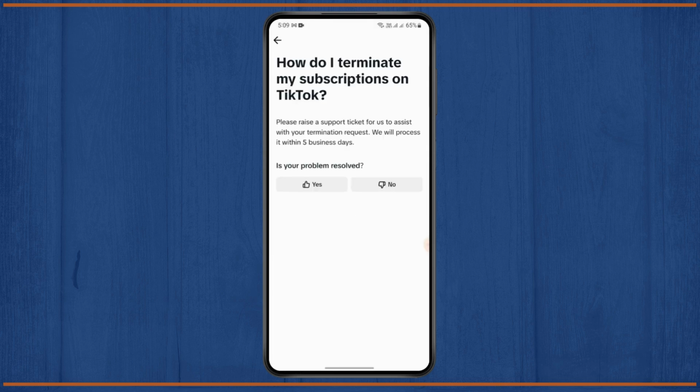Since we're gonna remove our subscription, just tap on this how do I terminate my subscriptions on TikTok and look up for the solutions, and TikTok should be able to give you solutions. Just follow the solutions and you should be able to remove your subscriptions from